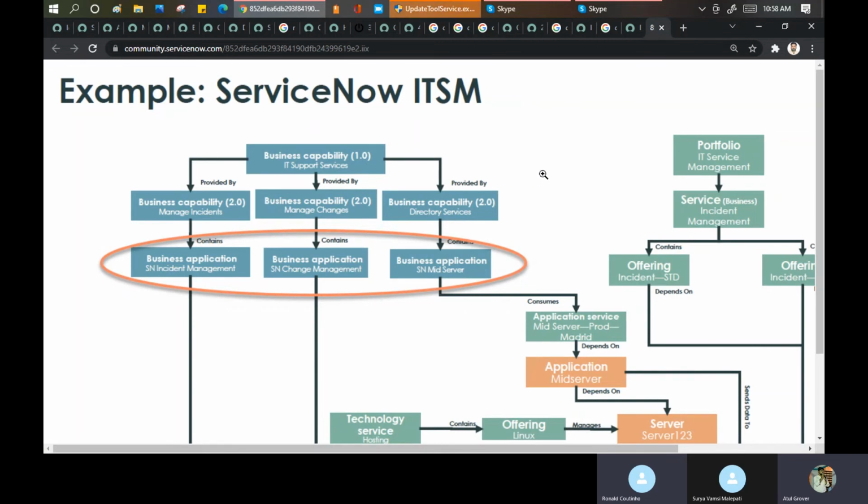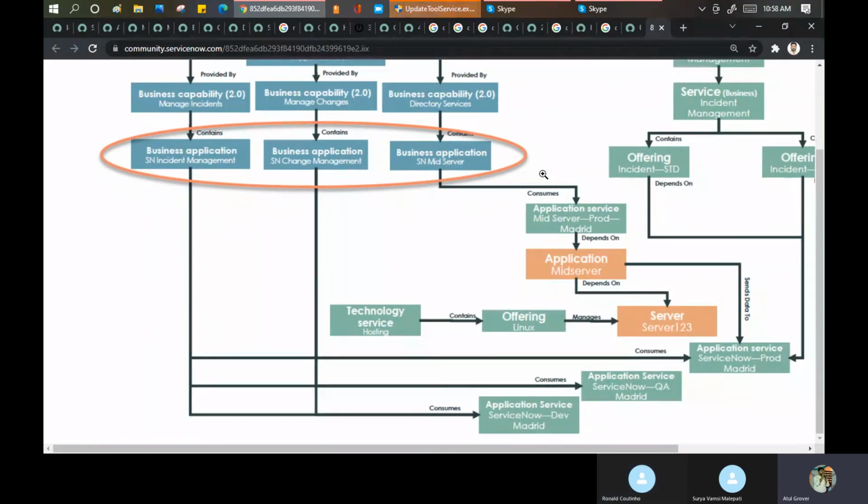Like I'm talking about the application, business application, right? Maybe you don't using any business application. You said boss मुझे नहीं चाहिए, या देखो जैसे यहाँ पर है business application. Change management is my business application. Manage changes is my business capability. It is my business application. And at last I have an application service called the production change management is my application service. Okay. So it is very wide topic in short, and it take a lot of time.